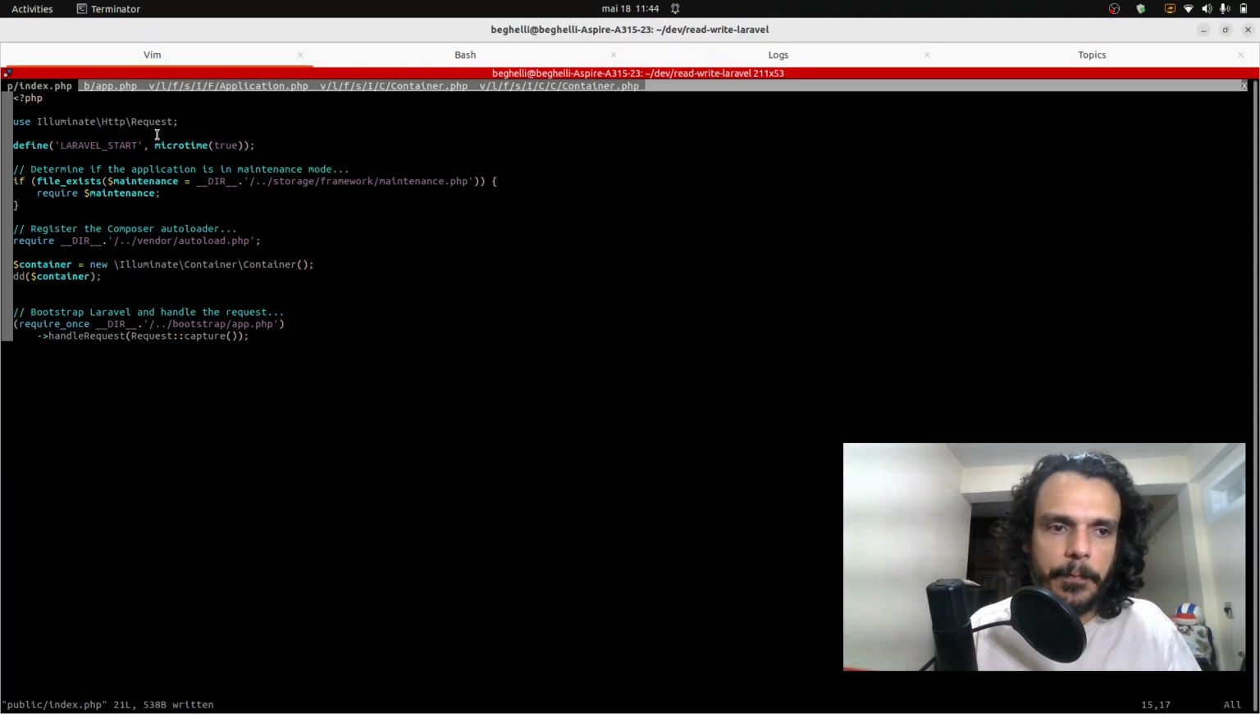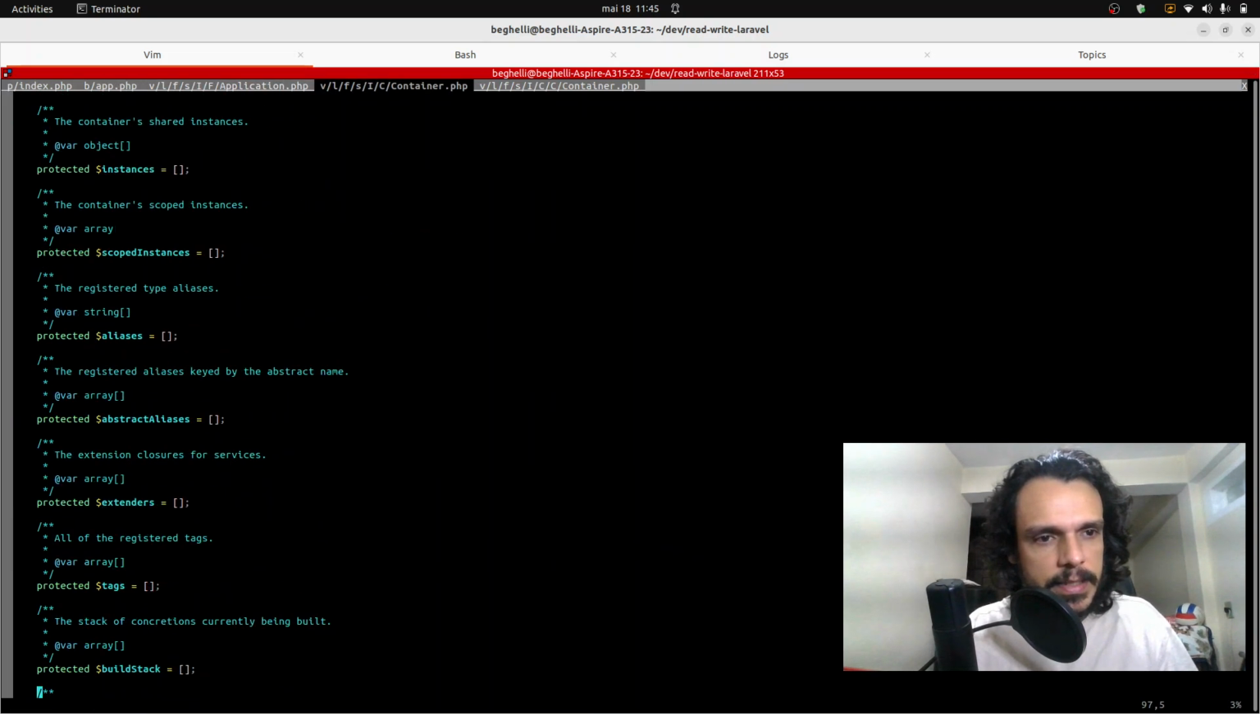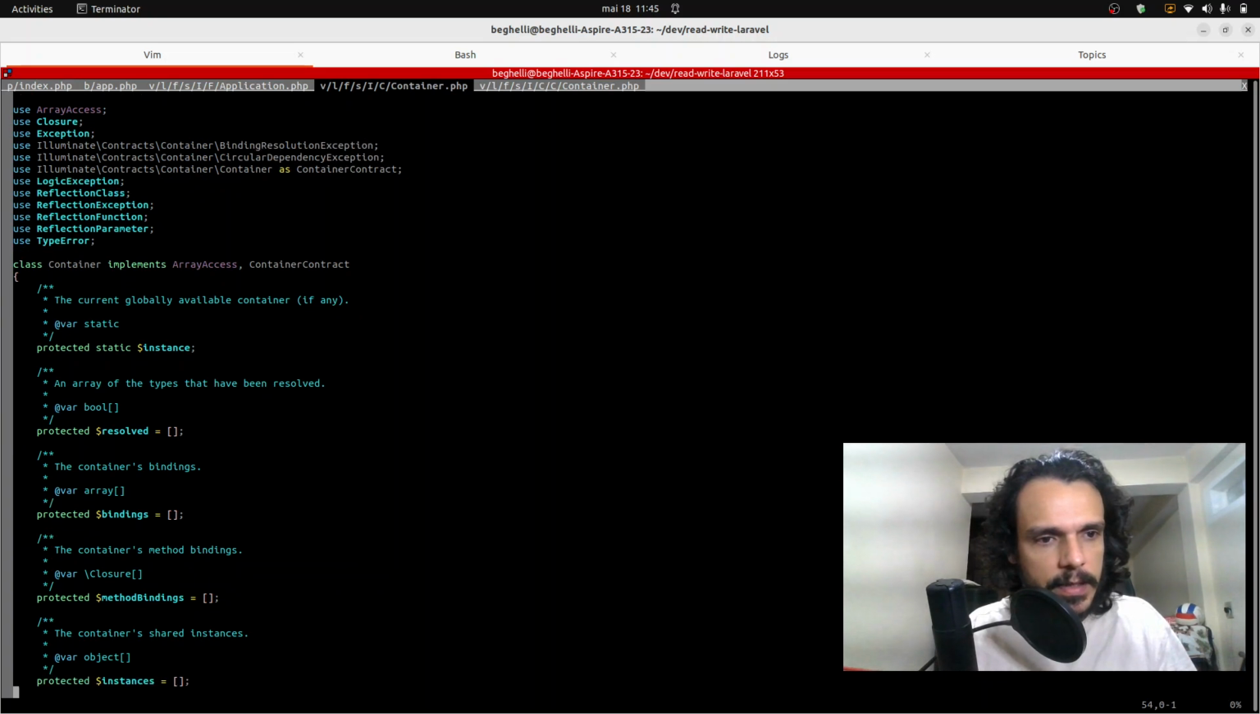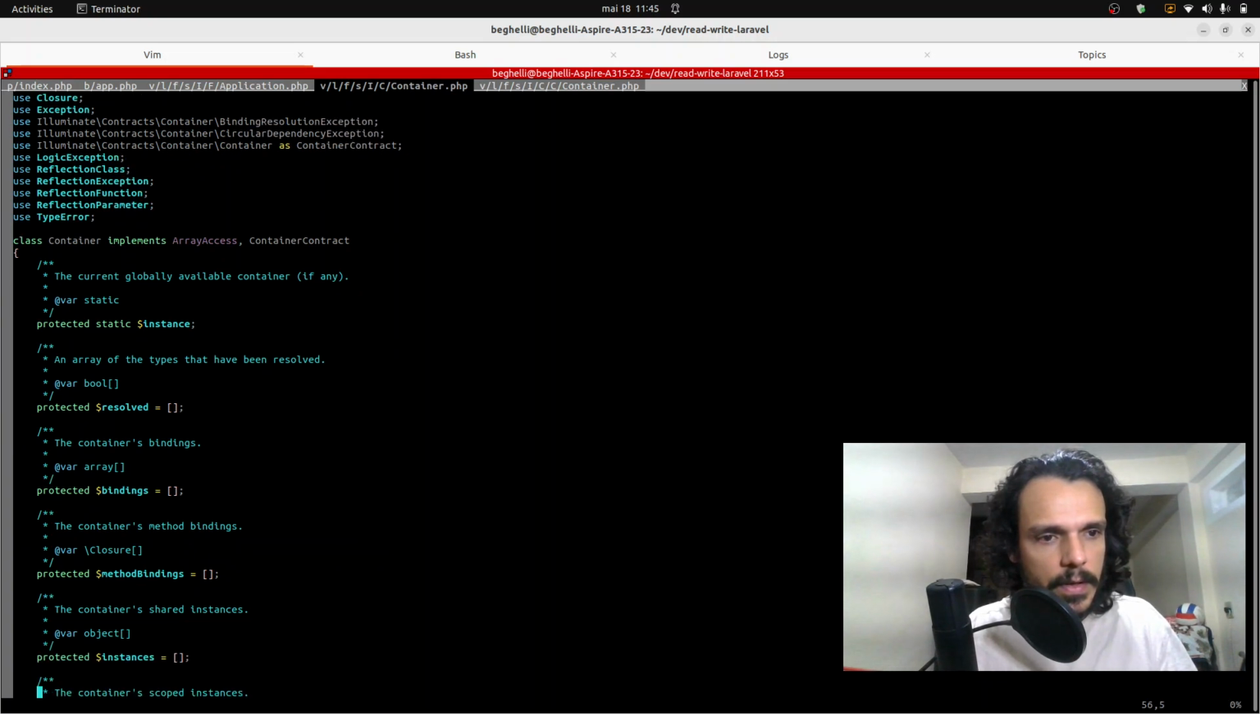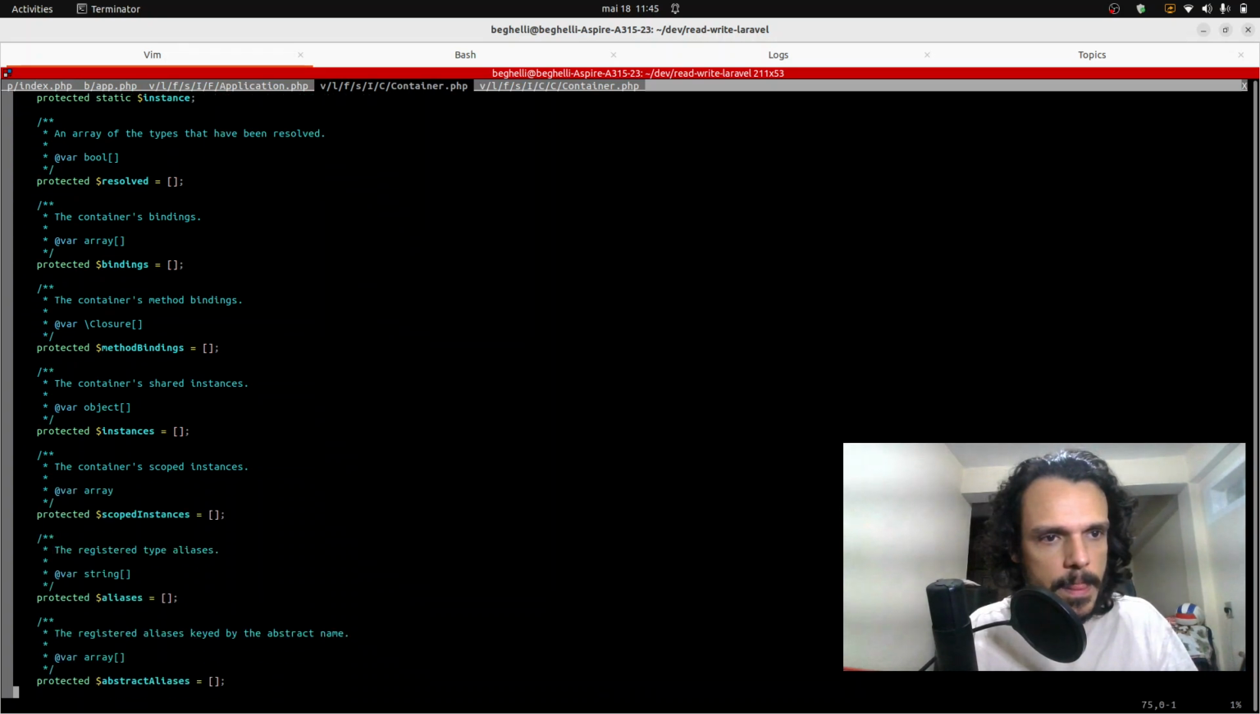So for the purpose of the app, the app is a container. And that's a good question. Is that really specific to the current globally available container, if any, resolved bindings? Yeah, so it's kind of already, it's not a generic container. I think it's already